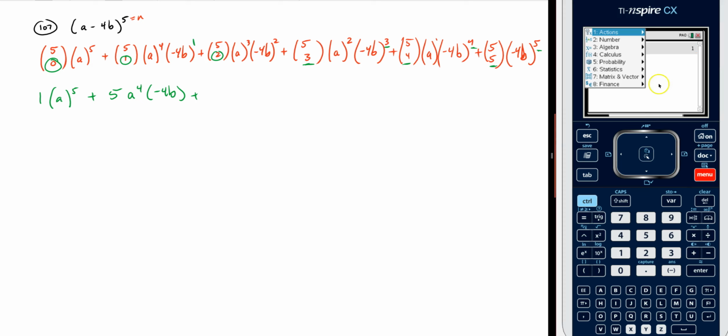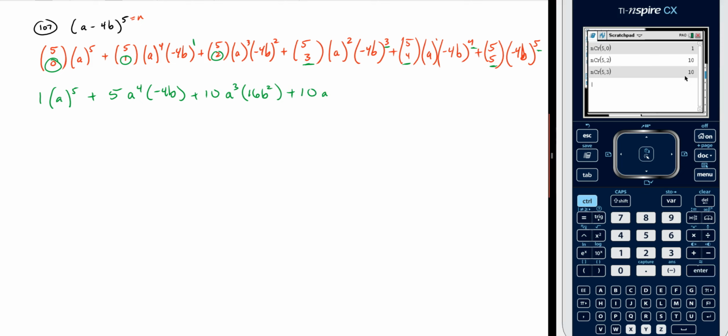I'm going to do my next one, probability combination, and this time it's 5 choose 2, so I get 10 a cubed times negative 4b squared, which is going to be 16b squared when I multiply that out, plus 5 choose 3, menu, probability combination, 5, 3, and I get another 10, and this time it's a squared, and negative 4b to the third, that's going to be negative 64b cubed, plus,